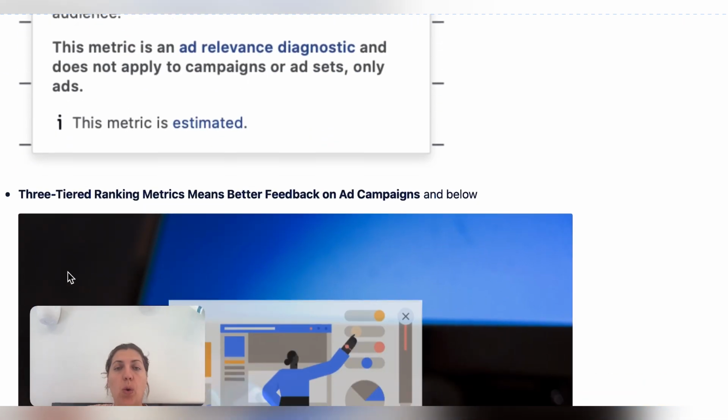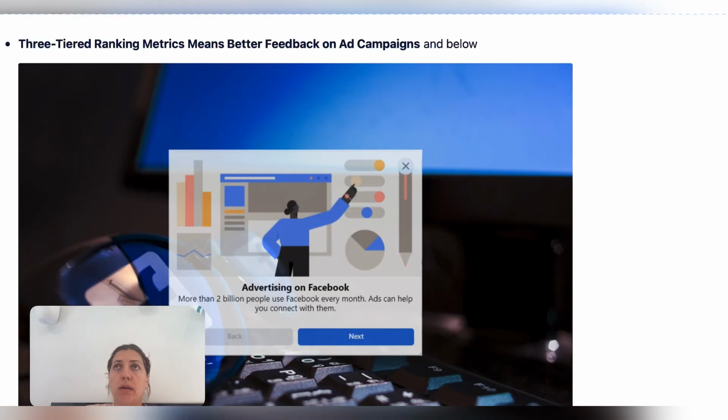I would suggest you always look at these tiers and these rankings, and always aim to have a better ad campaign, because a poor ad campaign is just going to drain your budget for the ads and not give you a good result. And I'm so glad that Facebook has this tool, so at least now we are able to evaluate our ideas about the ad campaign against the actual results of the ad campaign. So I not only want to talk about these rankings, but also leave you with some tips on how to improve them.